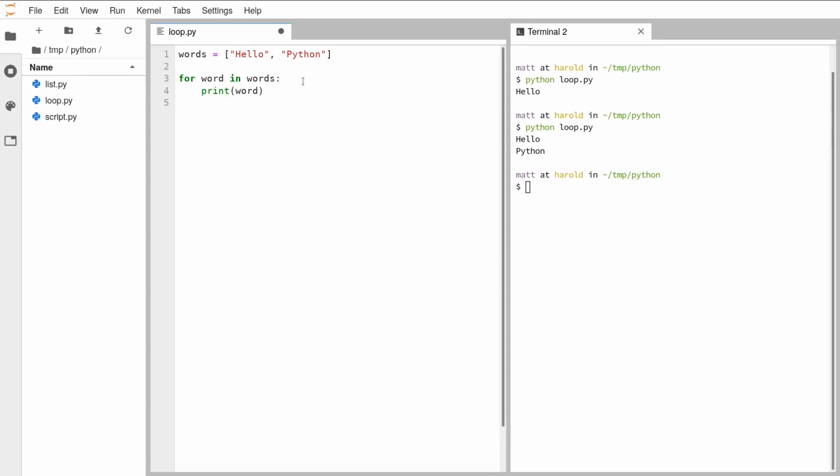The places that we have flexibility and artistic license inside our for loop are in the other 2 locations, here and here. I'm going to start with the second of those, between the in and the colon. This is where we write the thing that we want to loop over. It is the list that contains items that we want to do something to each item of. We want to do something to